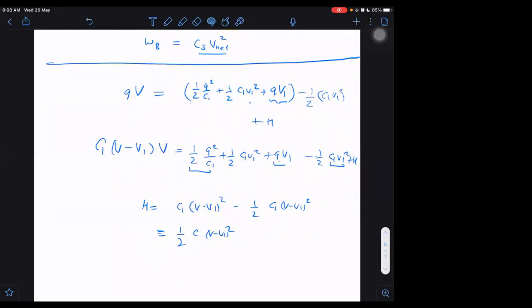Yes, sir. Satisfied. So I think this is what I obtained last time. That other formula may not come out to be as good, but this formula is useful for finding out heat energy dissipated also. Sir, yes, Q is the charge flown through the circuit, no, sir. That is final charge minus initial charge, right? Here final charge is not CS into V net. This is the charge flown.